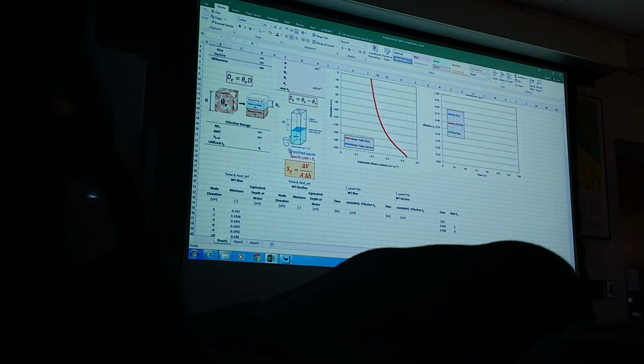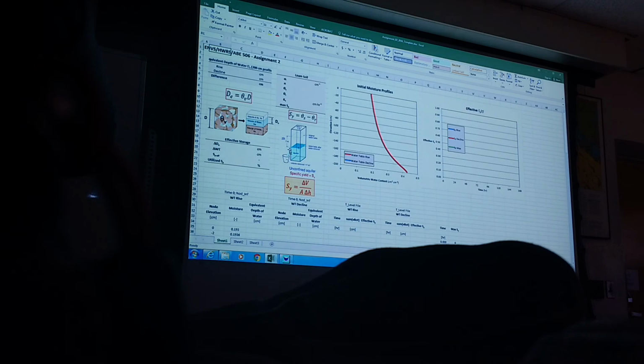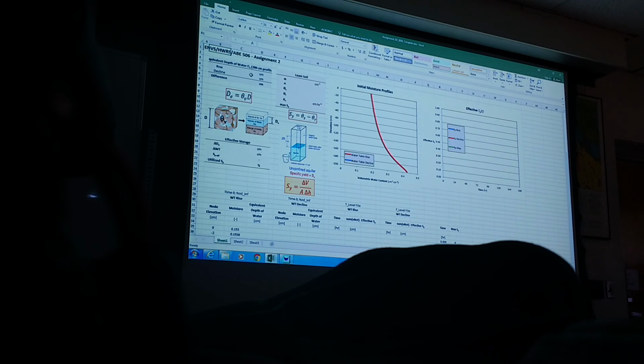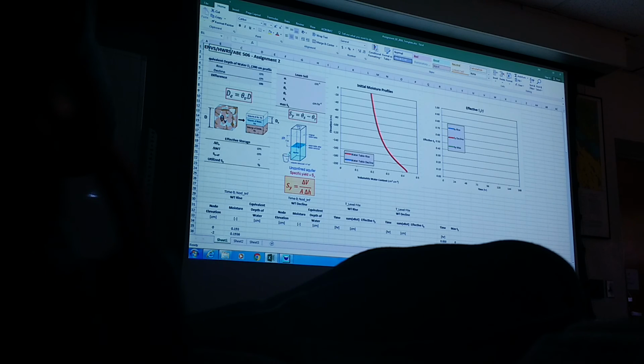Then we want to calculate the equivalent depth immediately, because we want to know the depth of water based on the moisture distribution that is stored in this profile. So we have 2 centimeter increments, and for those 2 centimeter increments,